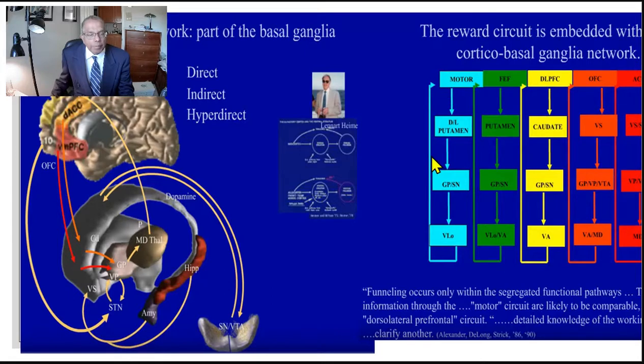Therefore, the motor loop is where the basal ganglia connects with the motor component, going through the putamen. This is the caudate nucleus of the basal ganglia. This is the putamen. This is the globus pallidus, the globus pallidus internus and globus pallidus externus, and the medial part of the thalamus. This connects the basal ganglia loop with the direct pathway, indirect pathway, and the hyperdirect pathway, the newest discovery that we as medical students never knew, connecting here with the prefrontal cortex.